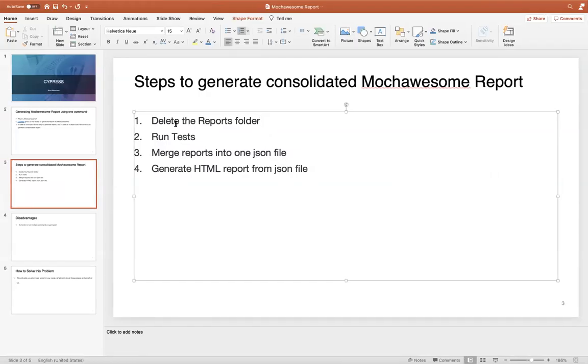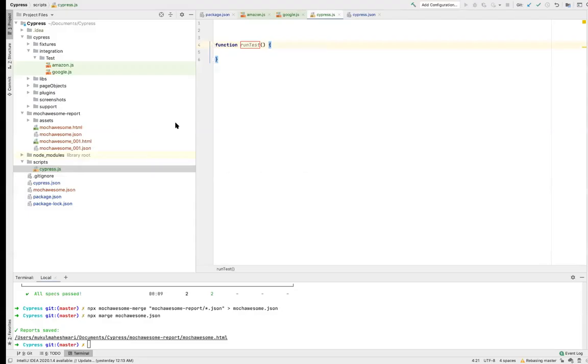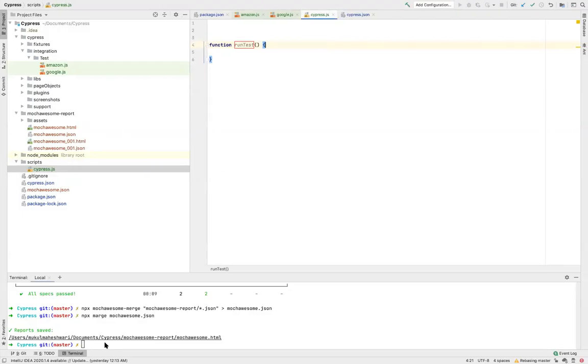Okay, so the first thing is that we need to delete the reports folder. To do it, I'll add one more library, say fs-extra.